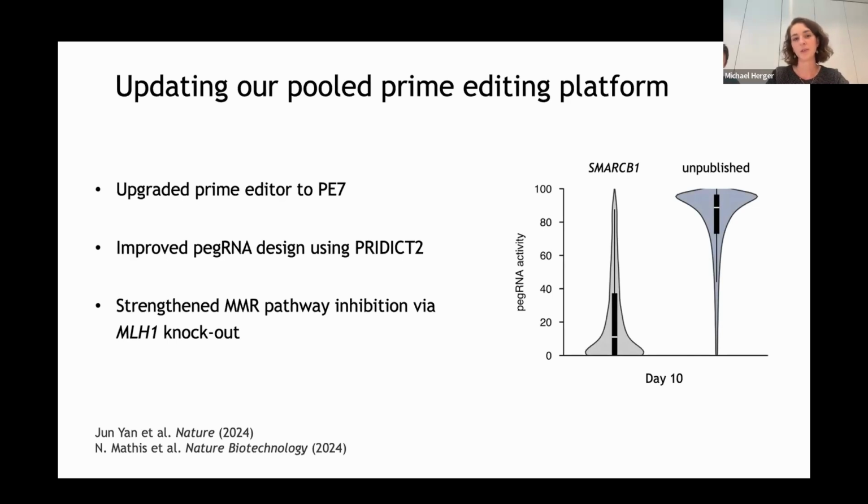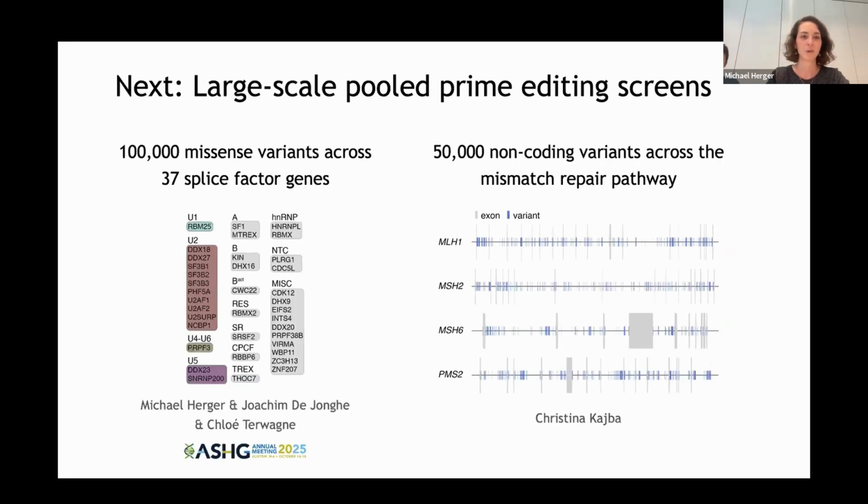On the right in this plot, you can see efficiencies from a recent screen 10 days after pegRNAs have been introduced into cells. And just for comparison, on the left side, you can see the same time point from our negative selection screens. And then finally, we just want to give you a glimpse into the future, because these improved